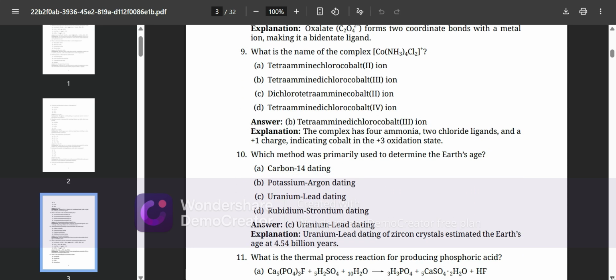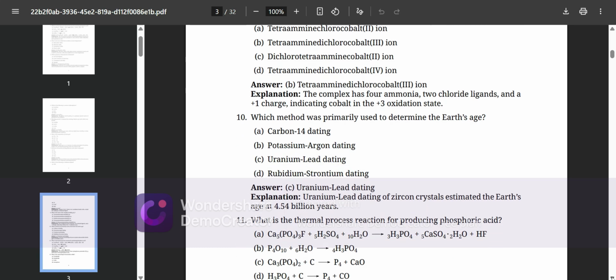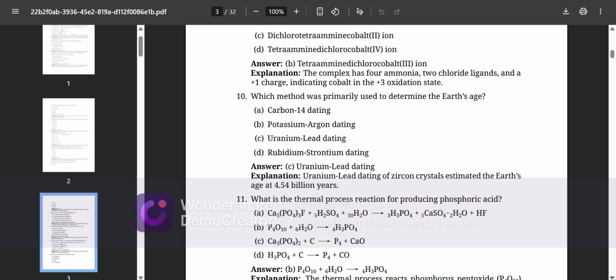What is the name of the complex [Co(NH3)4Cl2]Cl? Tetraamminedichlorocobalt(III) ion. The complex has 4 ammonia and 2 chloride ligands and a +1 charge, indicating cobalt in the +3